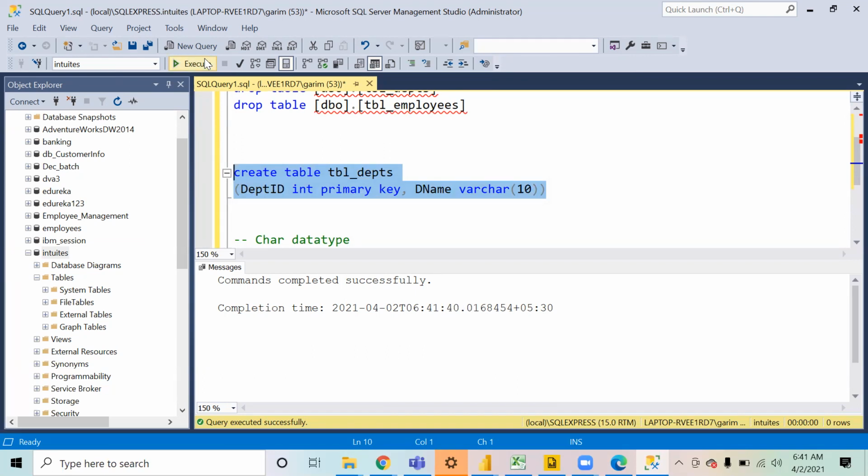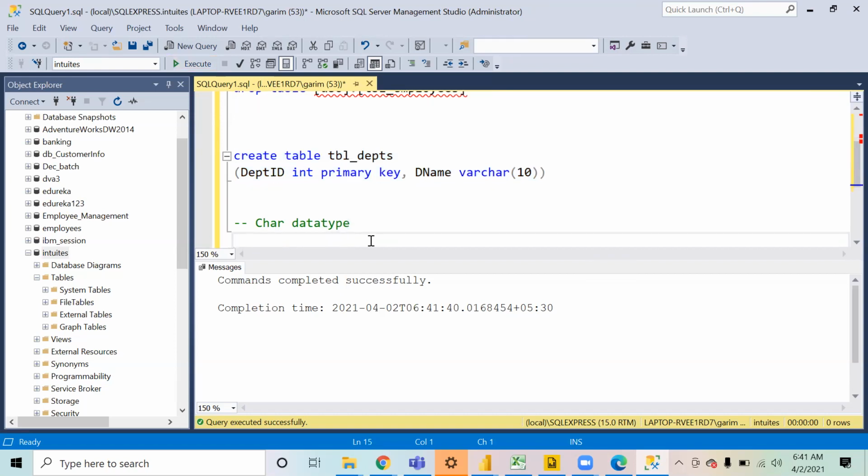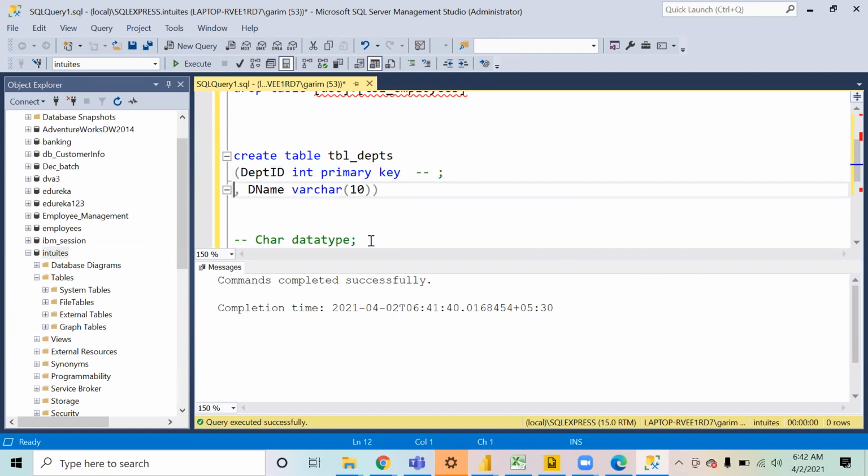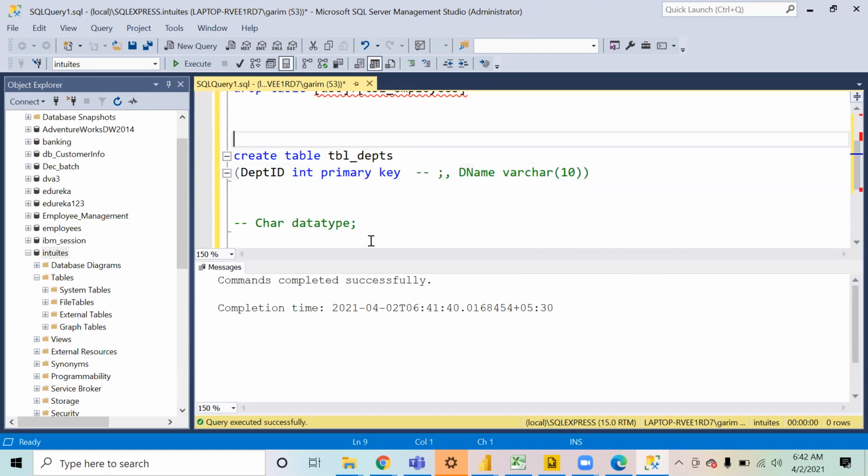I have a question. When we write a comment, to start a comment we put the double dash, but is there something to end the comment? So in the straight line, it will keep on writing, and when you hit enter and come to the next line, the comment automatically ends. In SQL, there's no other way to end the comment. Like if I'm writing a comment in between the code, after primary key or after primary, then the whole D name varchar will become a comment. So in the line, you won't be able to write it. It should come in a separate line.